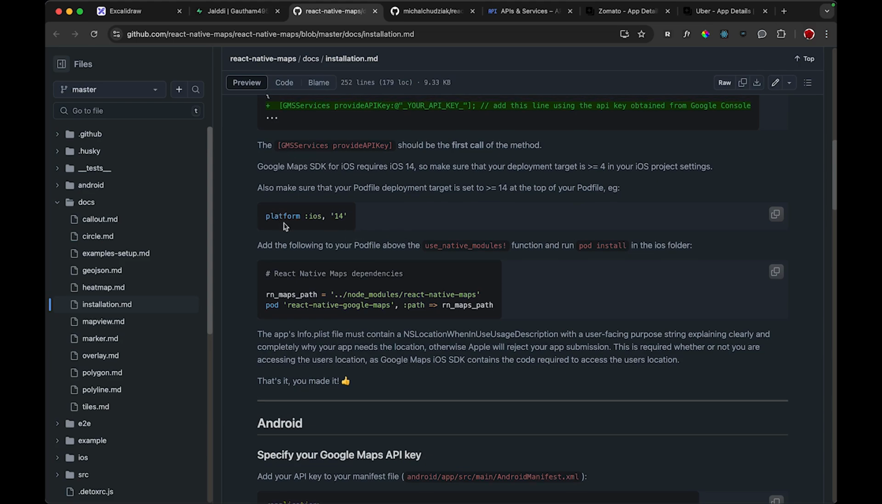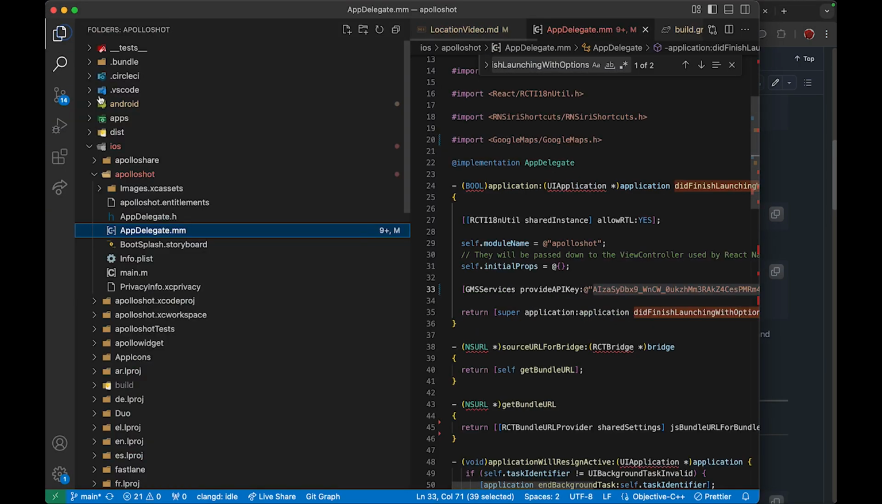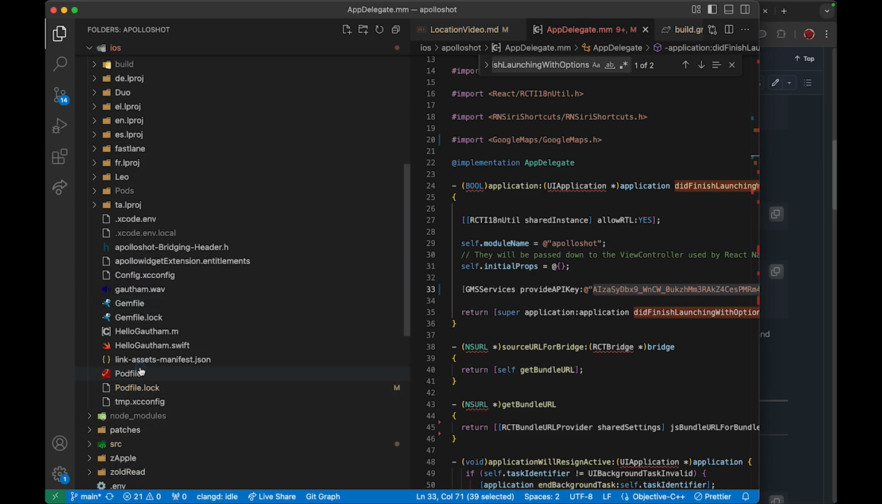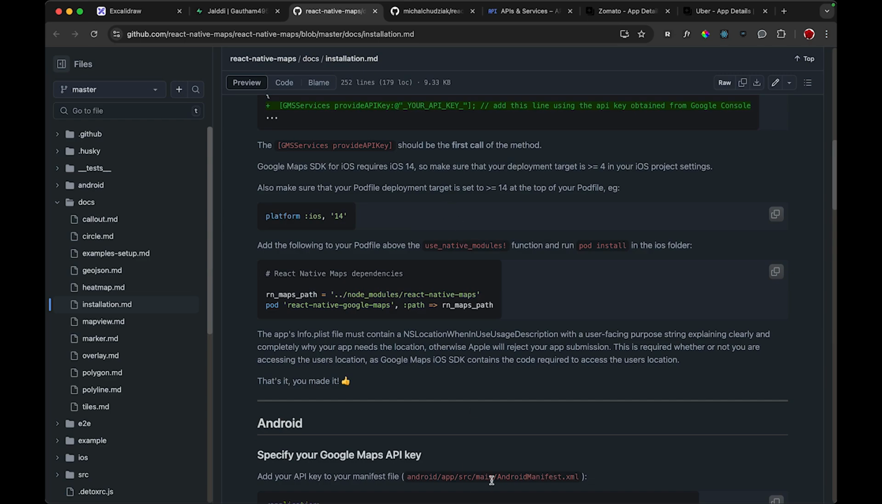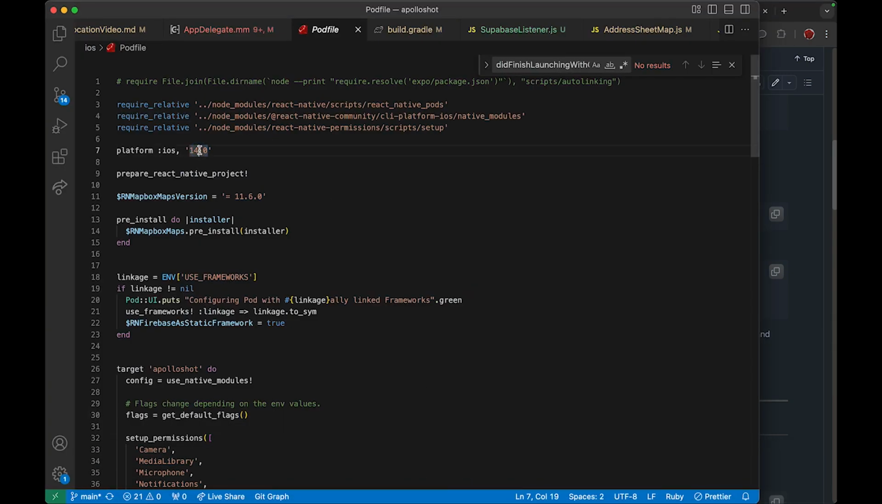And then one more thing: you have to go to the Podfile. Here they are saying 14.0. That is too old. Use 15.5. Right now most users use iOS 17. Below 15.5, or iOS version 14,